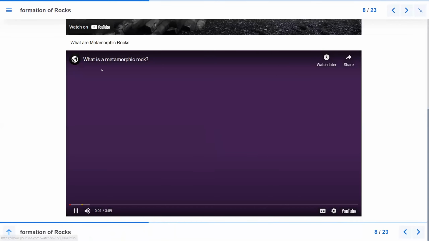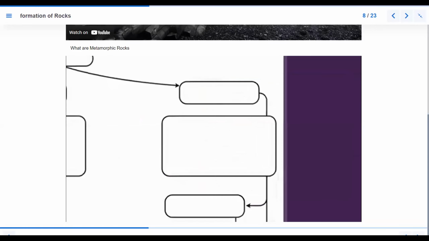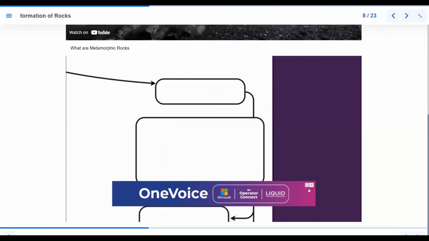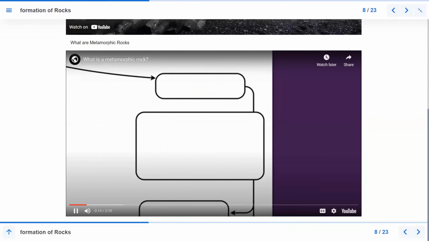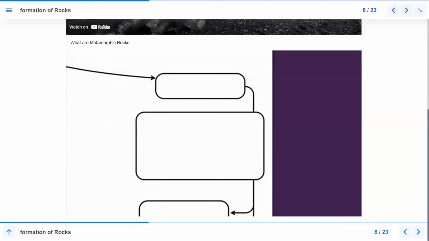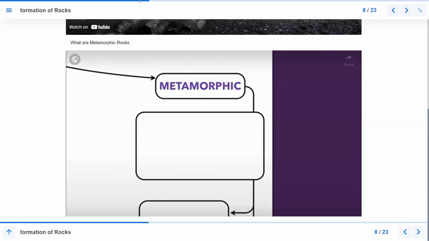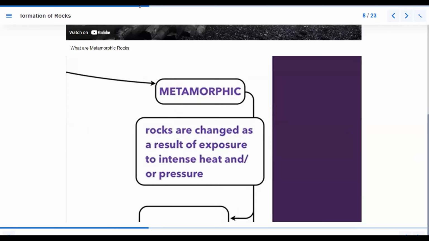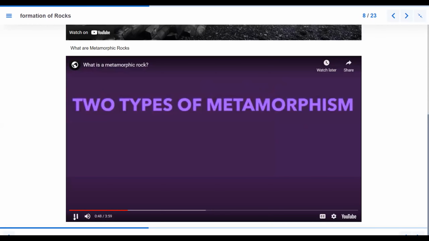All right, in this video, we're going to be talking about metamorphic rocks. Please get your rocks flowcharts ready so we can fill in our final third column. Now, recall, rocks are classified according to how they form. Igneous form from cooling and solidified magma, sedimentary form from compacted and cemented sediments, and now our metamorphic rocks. These are ones that are going to undergo some sort of change, a metamorphosis. And what drives that change is exposure to heat, really intense heat, or pressure, intense pressure. So metamorphic rocks are rocks that are changed as a result of exposure to intense heat and or pressure. So there are two types of metamorphism that occur in nature. The first